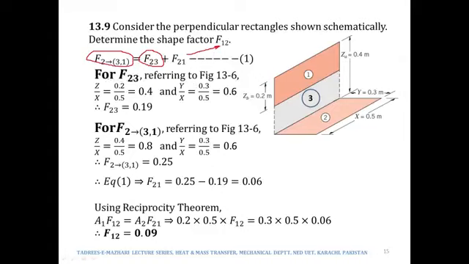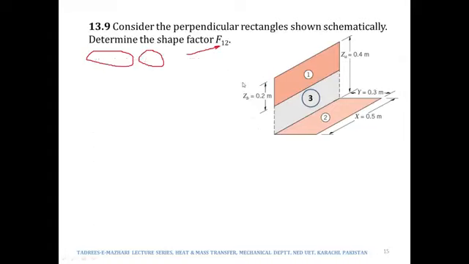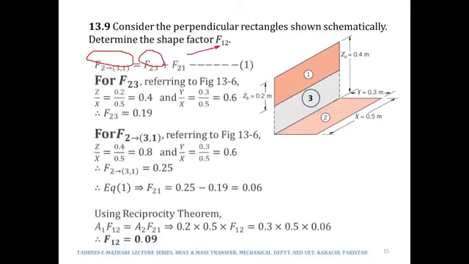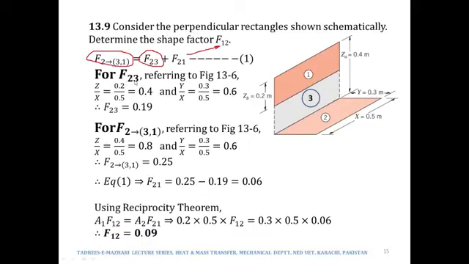Now, in order to find out F23, what do we need to calculate in order to use this chart? We need to calculate Z by X and Y by X. So what is Z by X in the case of F23? Z would be the height of 3, which is 0.2, and X would be this length, which is given as 0.5. So Z by X would be 0.2 over 0.5, which means 0.4, and Y by X would be 0.3 over 0.5,